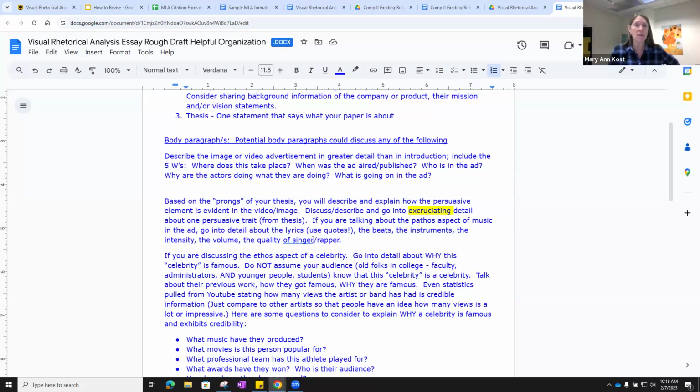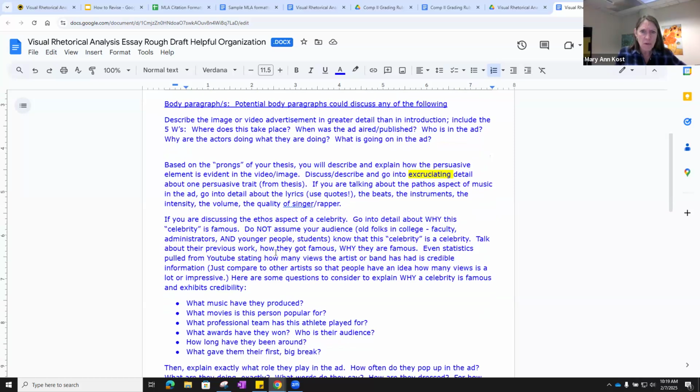So I'm not dictating where it should go. Honestly, your observations of the actual video, your details that are brought in: how many seconds, what instruments, what colors, what shade of colors, what does the celebrity do, how long are they in there, how are they made up, what are their actions, what are their words. So I'm like, in the outline, or did I put that in here? Did I put excruciating detail?